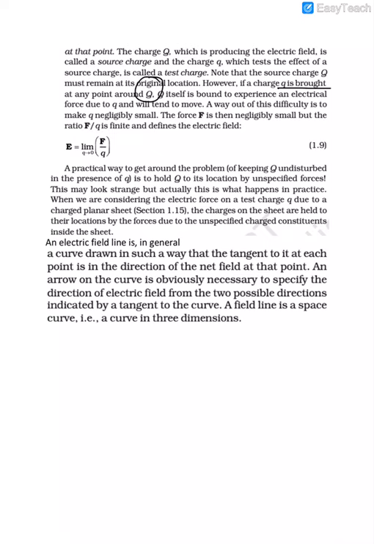So capital Q itself may get disturbed. So the definition of electric field, which is both mathematically and physically correct, is this one. You find out the force on a charge small q divided by small q, and take the limit when small q tends to 0. That means instead of saying that there is a unit positive charge at the point P, you say that I am taking a charge q, finding the force on it, and then dividing that force by the charge small q.